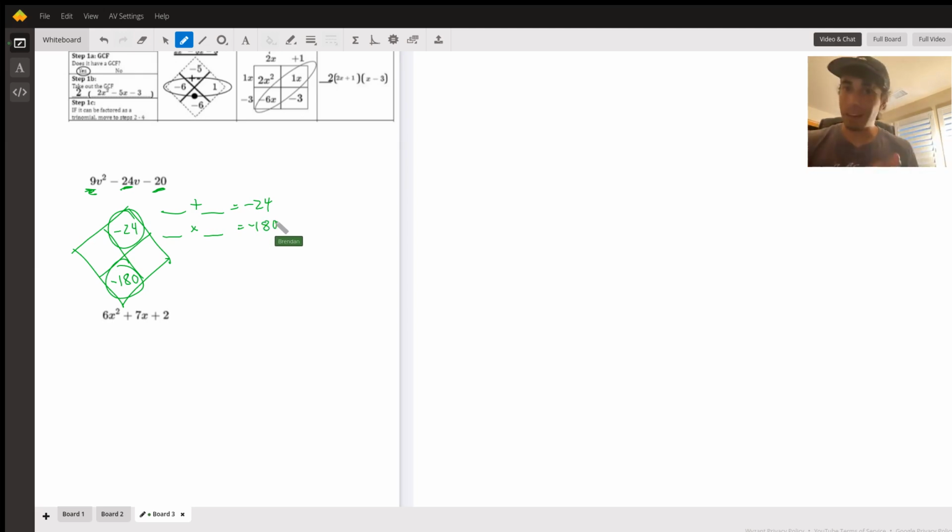All right, if you want, you can pause it, talk about your groups with it. But the two numbers that you're going to look for is 30 and 6 because those multiply to 180 and you can add them or subtract them to 24. So the question is which one needs to be the positive and which needs to be the negative, right? Because since we're multiplying to get to a negative, we need one positive and the other is negative. Well, to answer that, again, you're going to notice that since we're adding to the negative, the bigger number is the one that's got to be the negative. So that tells us the 30, it's going to be a negative 30